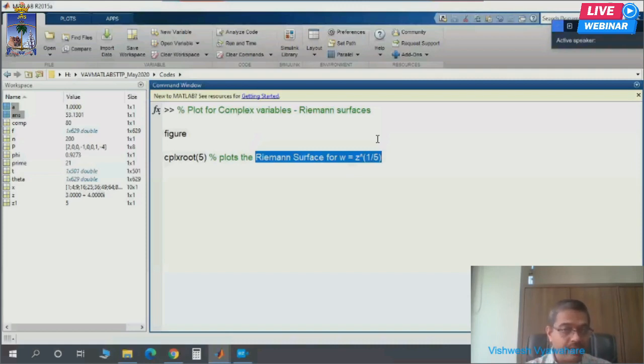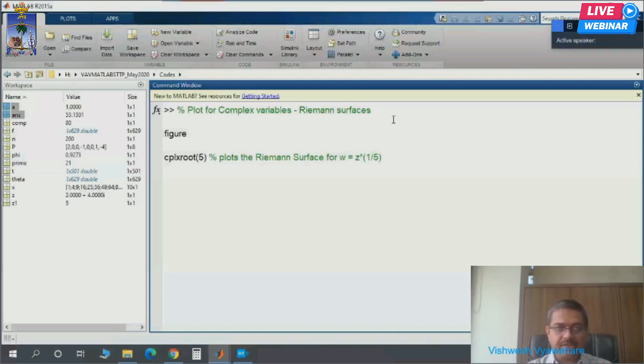Okay, and some of them are real numbers, some of them are complex numbers. Basically, this is the concept of the nth root of unity. Now here we can use MATLAB to simply get the Riemann surface for Z to the power 1 by 5. If Z is a complex number, it is a complex valued and multi-valued function. As per Riemann's theory, your Riemann surface is going to have 5 Riemann sheets basically.